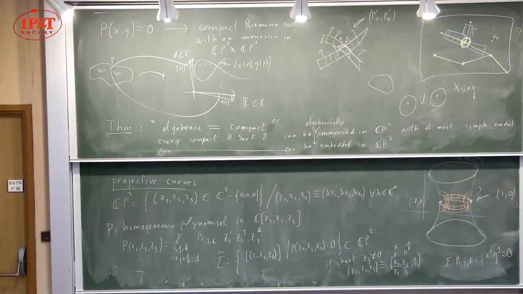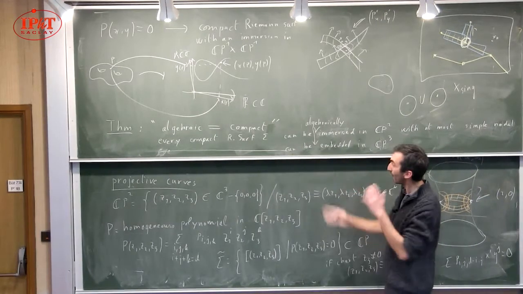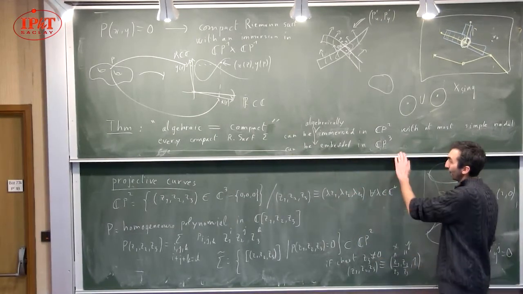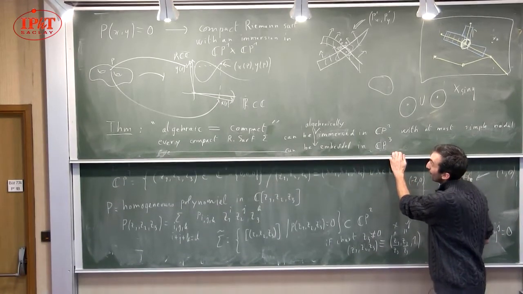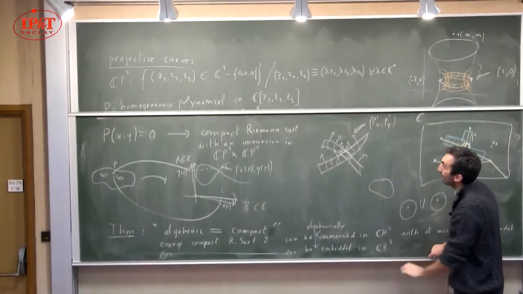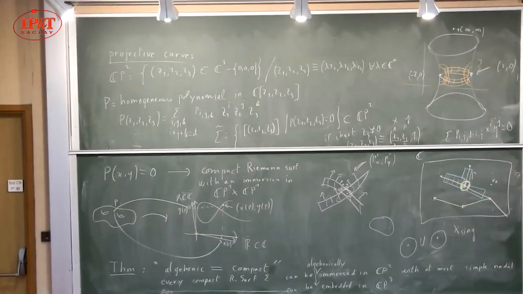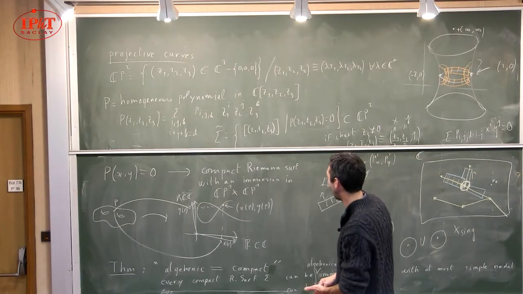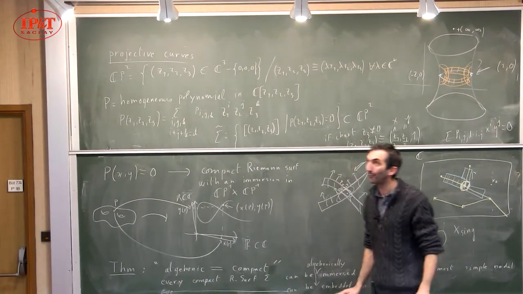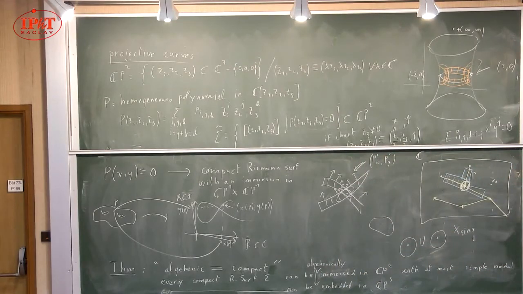If you allow CP3, you can avoid every kind of singularity. So you can always find a polynomial such that there is no nodal point or singular points. The idea behind that is the notion of algebraic topology. Somehow, compactness is equivalent to algebraic, and algebraic is equivalent to compact. This is strange, but